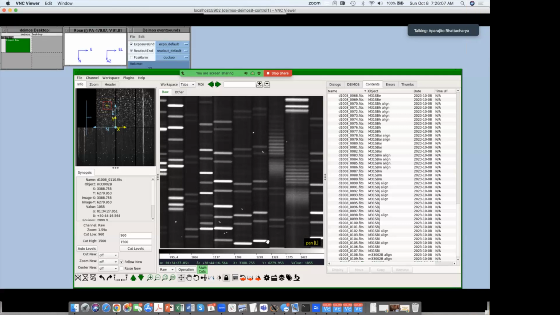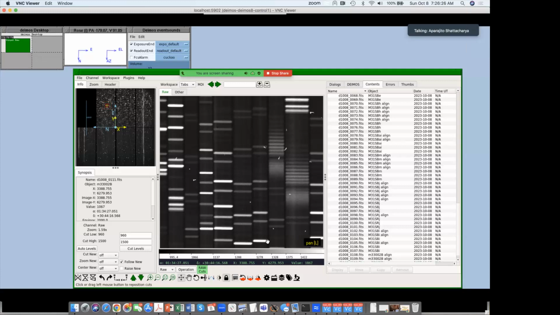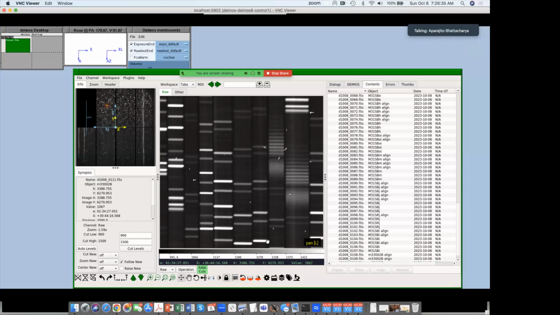I wonder if there's a way to find out the shape, the orientation, and the location of the slits from the reduced data. Yeah, it's actually relatively easy to do. The 1D spectra, the header of the 1D spectrum tells you,